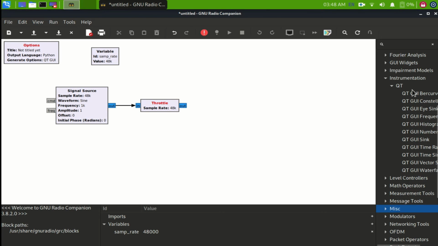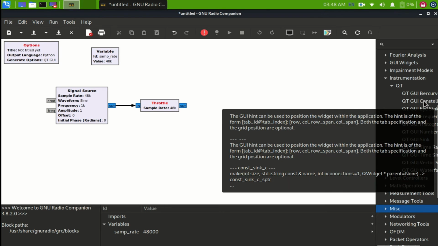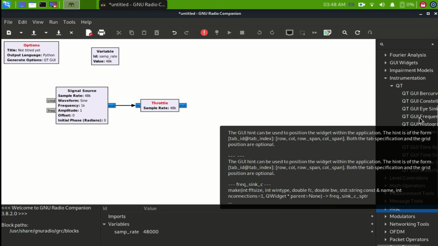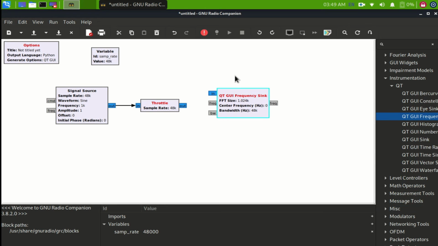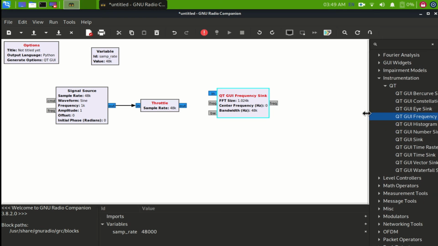It's QT in our case, and I am going to take a QT, let's say a frequency, this one, and frequency sync, and bring it over here. The actual QT GUI sync is really clever, so I'm going to drag and drop it here, and it's got a lot of tabs where you can pick, like an oscilloscope view. If I just open this,